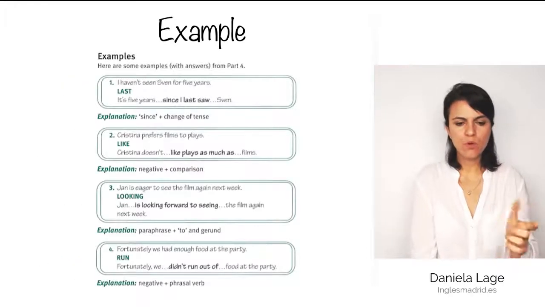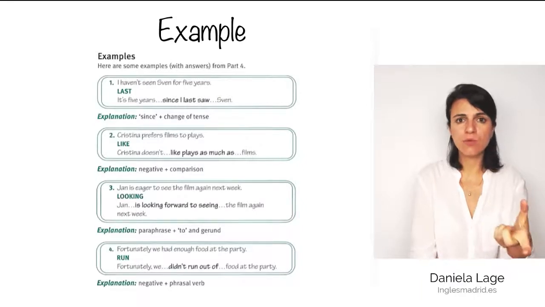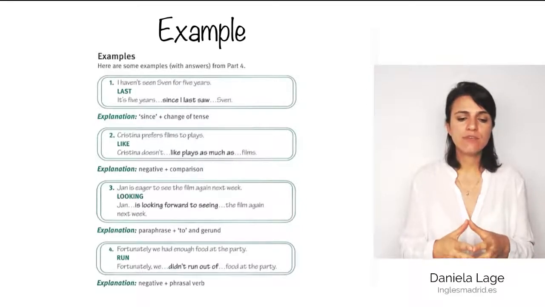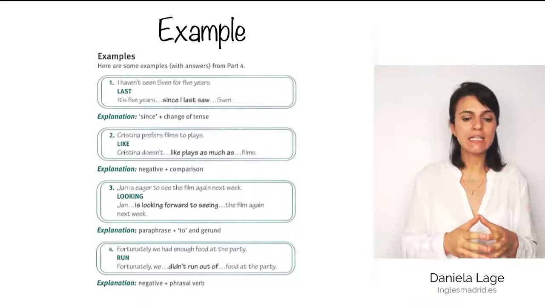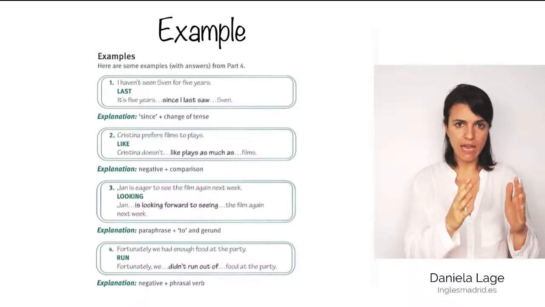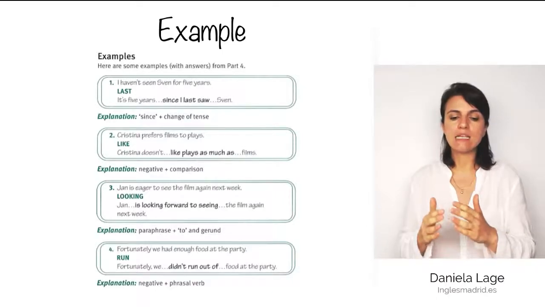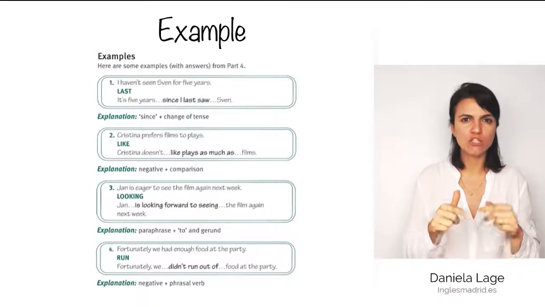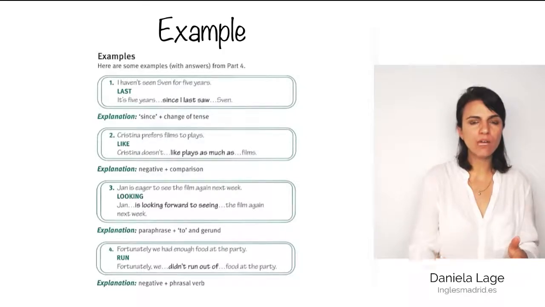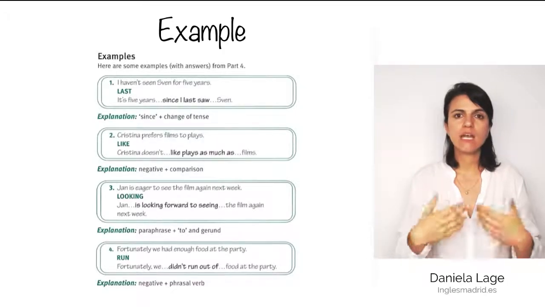Example. So as you can see, the first one says, I haven't seen Sven for 5 years, and then we have last. And they say, it's 5 years, this is what they gave us, since I last saw Sven. So this is the way you have to do it. Again, I recommend you to pause the video here to read all the examples and to see